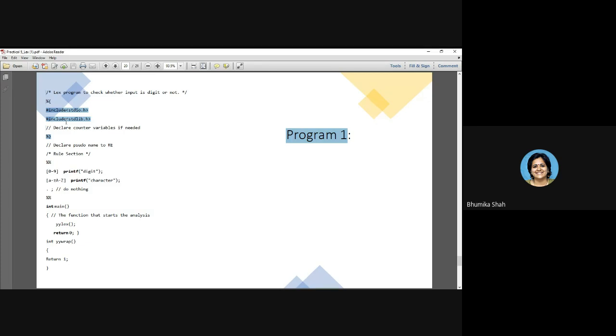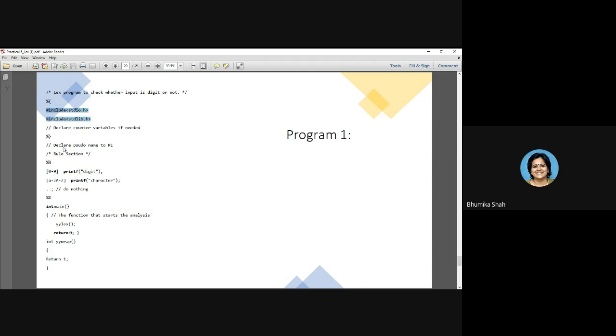We are going to perform a lot of programs of Lex and you will understand them properly. Okay, the second part of the first section is this, where you can give a pseudonym to your RE. Right now, to make the program simple, we haven't done that. But suppose this is your RE, 0 to 9. It can be given the name digit. So every time you have to use this RE, you can invoke it by the name digit without writing 0 to 9. So giving a name to a regular expression is possible, but that should be done in the first section, outside this part.